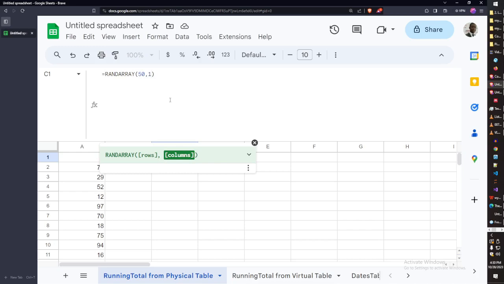This will generate a list of random numbers, but however, because I want them to be between 0 and 100,